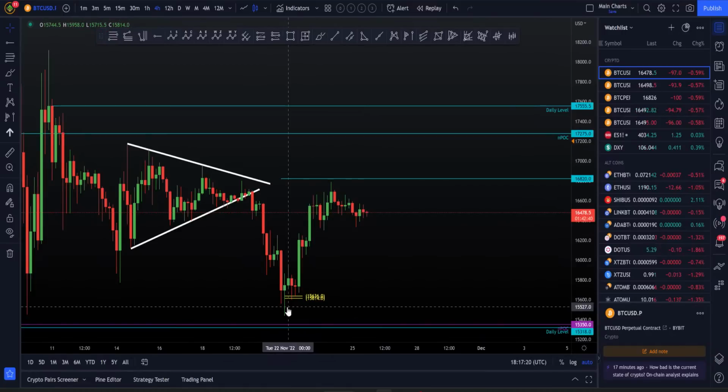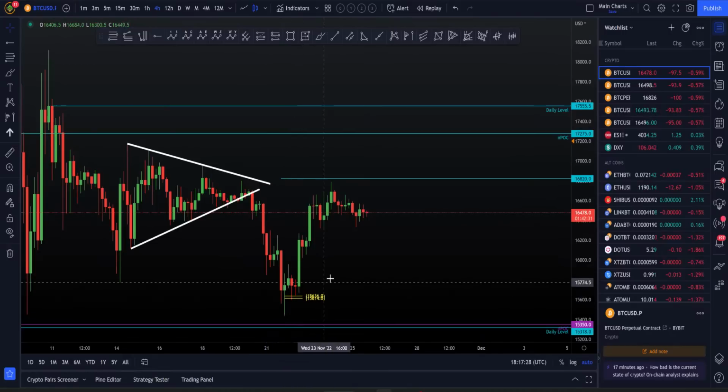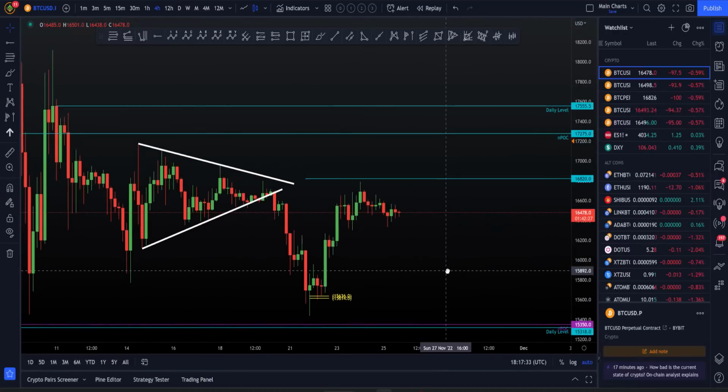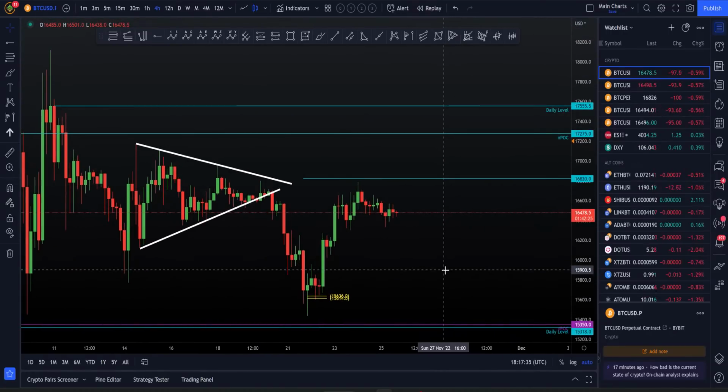I would close those shorts if this does start to show signs of strength and does get back into the previous range. Yes, I would close a high percentage of my short trades and let this long run. But until that happens, I do not feel there's a high probability that the low is in right now. Again, as a professional trader, you have to be aware of probabilities. There's never 100%.